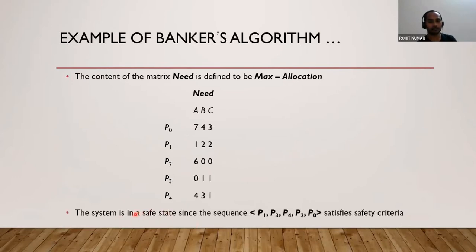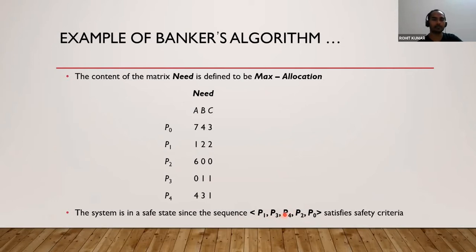So we will declare that the system is in a safe state because we found a suitable sequence. What is this sequence? This is the safe sequence. Safe sequence means that if you execute the processes in this particular order, then all the requirements raised by different processes can be fulfilled without getting into a state of deadlock. Any sequence which doesn't trap you into a deadlock is called a safe sequence.